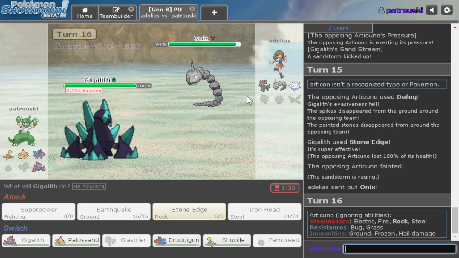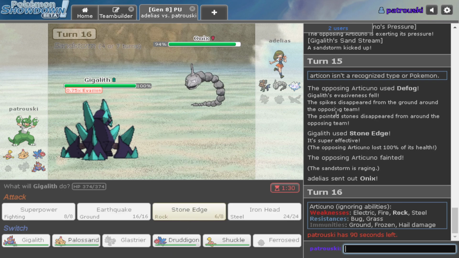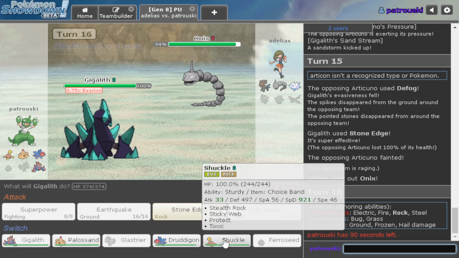So, yeah, this thing comes in. I am banded. I'm going to do literally no damage to this thing. I definitely do want to switch. The question is, what did I see him use earlier on Onix? I saw him use Head Smash. I actually don't know what I want to go in here. I kind of want to go Shuckle and look for a...